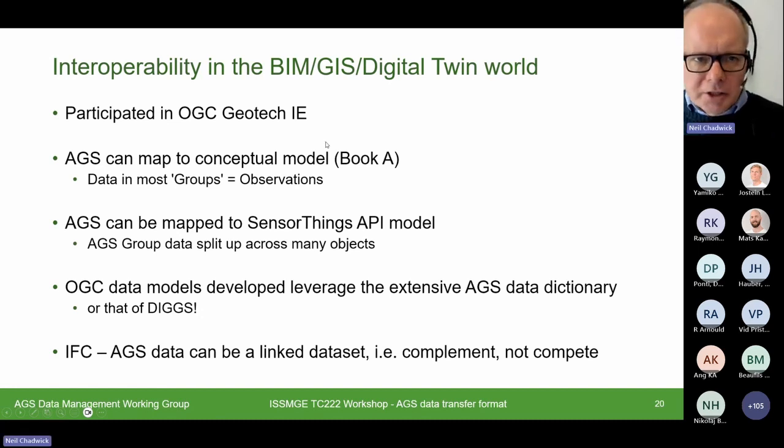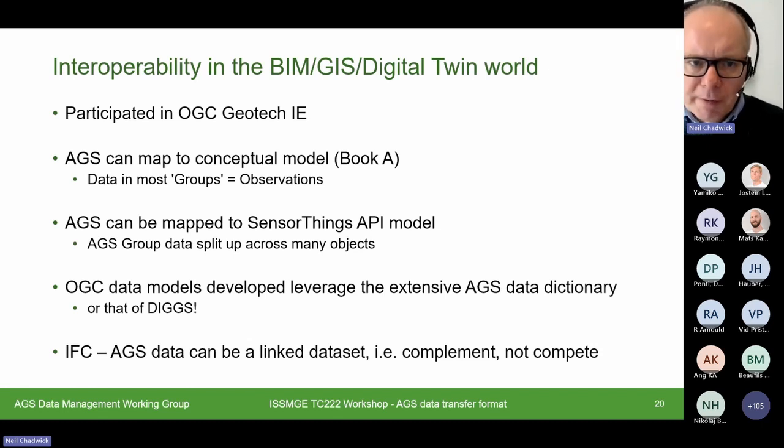Obviously AGS doesn't exist in a bubble, so thinking about interoperability. First of all, we've participated, as Mickaël has already mentioned, in this OGC Geotechnical Interoperability Experiment work. As part of that, we were able to find that we could map AGS to the conceptual model that was developed.